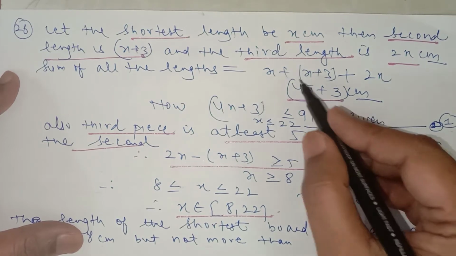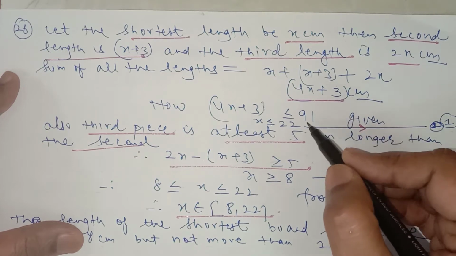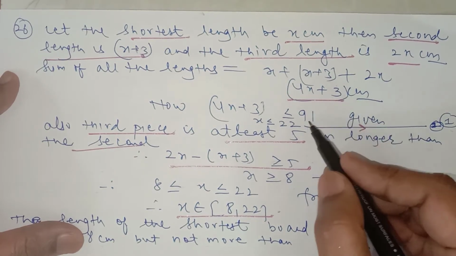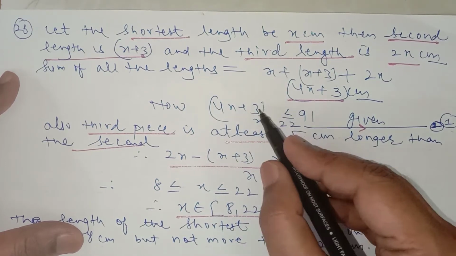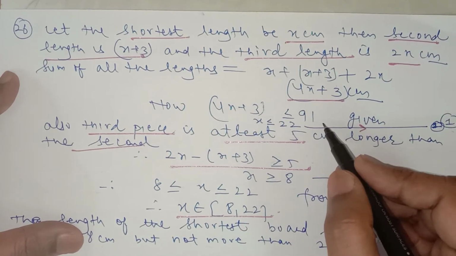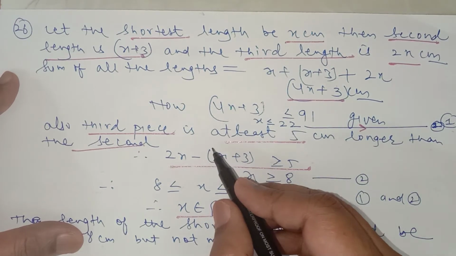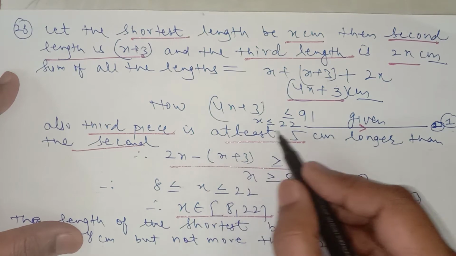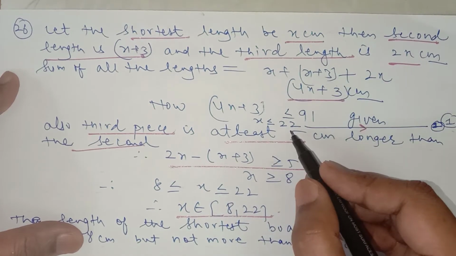So the sum of all these three boards, the parts of the board, will be less than or equal to 91. So 4x + 3 ≤ 91. Solve it, you will get 4x ≤ 88, that is 91 minus 3. So x ≤ 22. So the third piece, the shortest length of the board, is less than or equal to 22 centimeter,